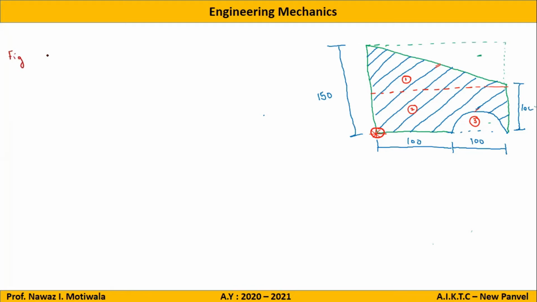Then there will be a column of area, then x bar, y bar, then AiXi and AiYi. Don't forget to write units because it may result in deduction of marks. So if 150 is given in mm, and if nothing is given, you will write units. Here I will write mm square, this is mm, this is also mm, this will be mm cube, and this will also be mm cube.